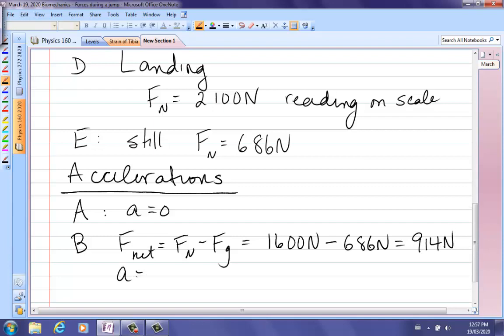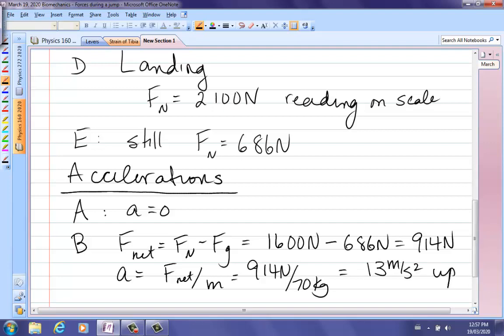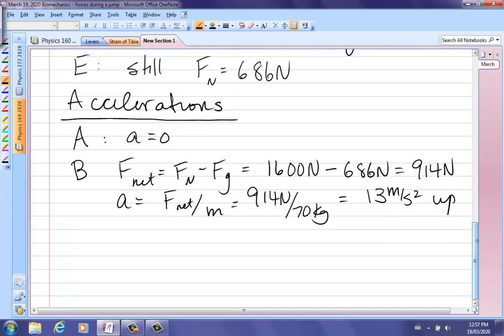And that leads to an acceleration, which is F net divided by your mass, 914 over 70 kilograms. And so you have an acceleration of 13 meters per second squared up. It's a positive number, so you're accelerating up. That's what gives you a velocity, so that when you leave the ground, you can keep going up. Okay, when you're in the air,